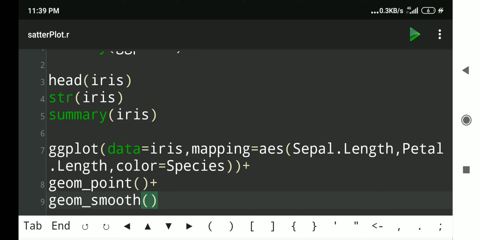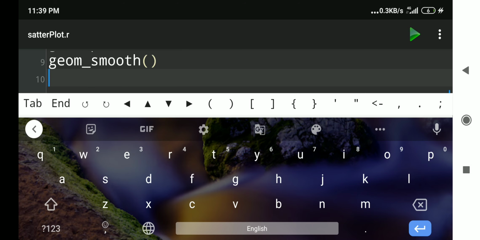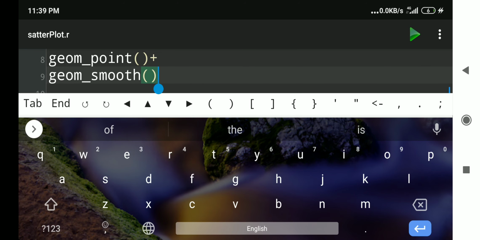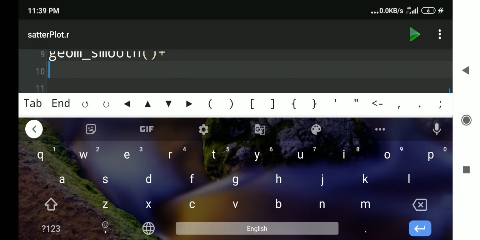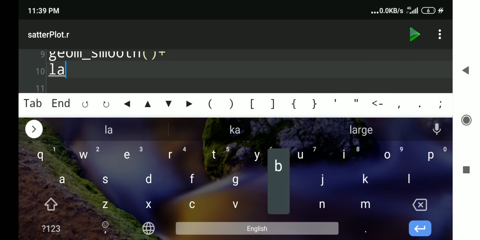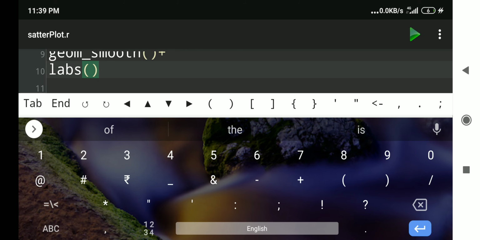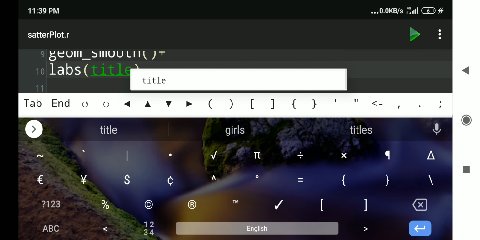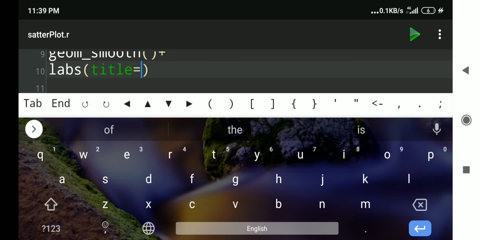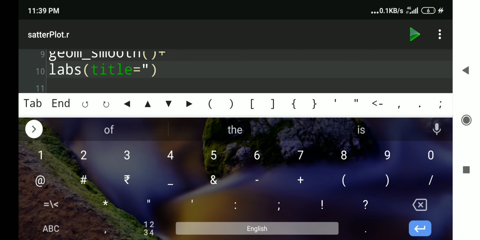Now we will add another one, that is the titles for the plot. But remember here that when we are going to add a layer to plot, we are using this add symbol or plus symbol. Here we will add labels to the plot, that is labs, and title. I will add title only, but you may add more.